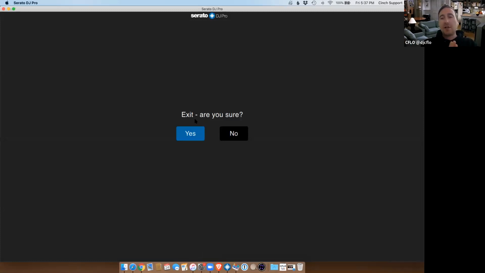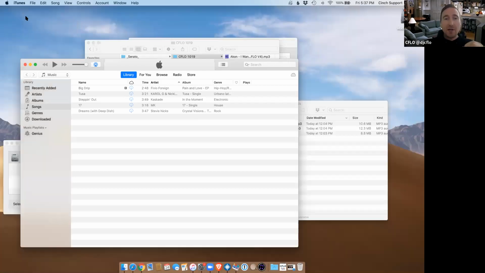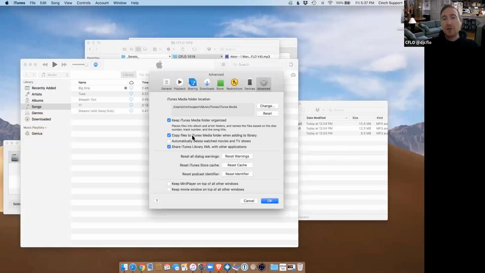Now, some configuration tips in iTunes right away. The first thing I would do when you get iTunes is go to Preferences, go to Advanced, and turn off Copy Files to the iTunes Media folder. If you have this on and you add songs to iTunes, it will duplicate the file into its own database. And if you continue to hang on to the old one, then you're doubling the space on your computer, and then down the line you don't know which one is which, and all these problems.